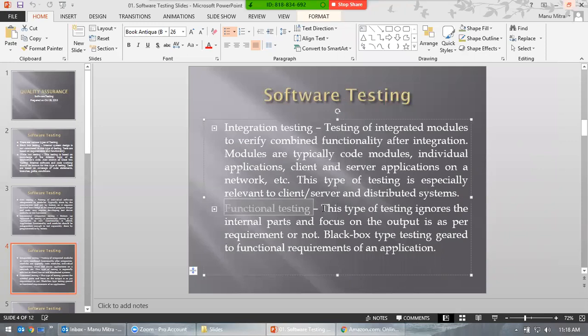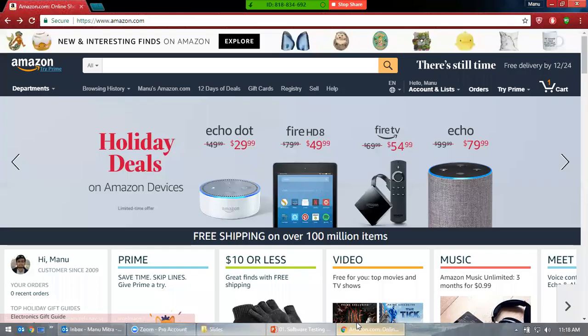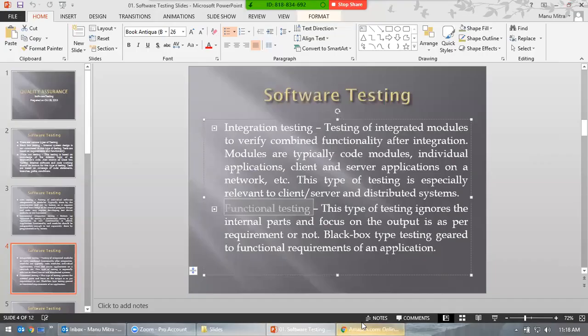So functional testing is to test all the functionality and features of an application. It can be a client application or a web application. A web application is whichever you access through a browser, let's say the Chrome browser. I'm using this Chrome browser. It's called a web application. And a client application is something which is installed in your system. Previously there used to be Google Talk, right? When you click on that, that's called a client application, because you have to install it in your system and use it.